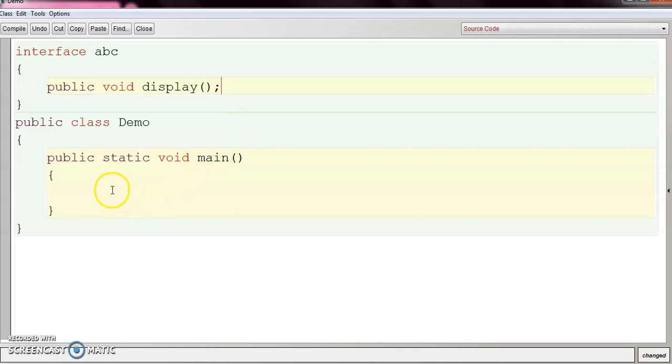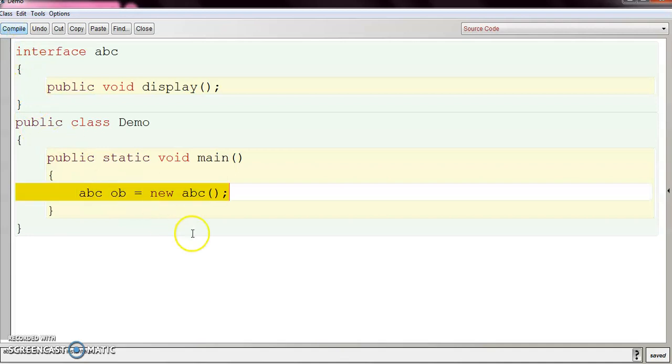Now, if we try to instantiate this interface, we will get an error like this. This is because this interface is abstract, so we can't instantiate an interface.